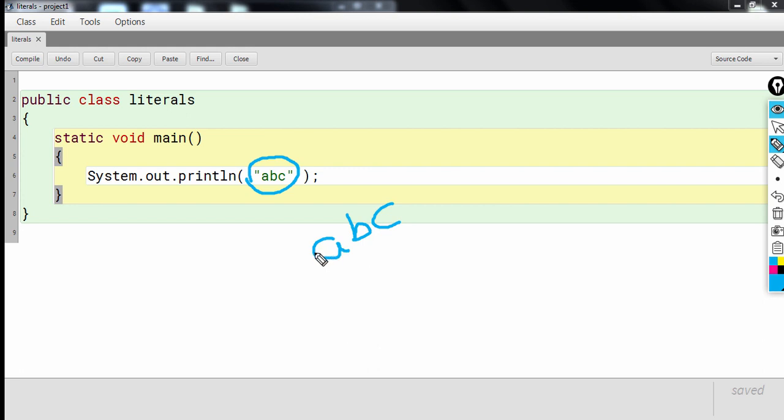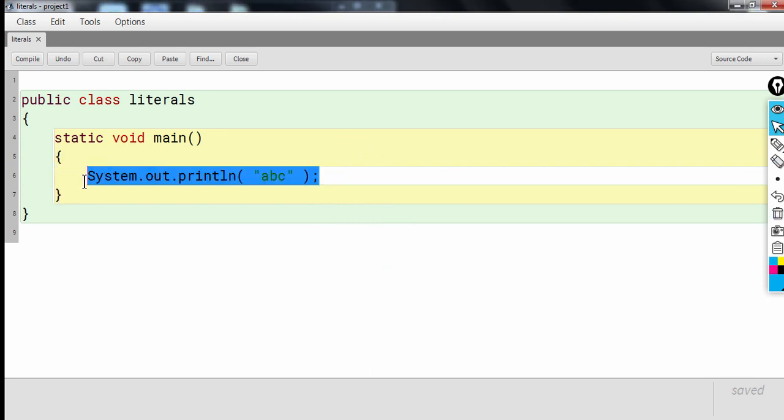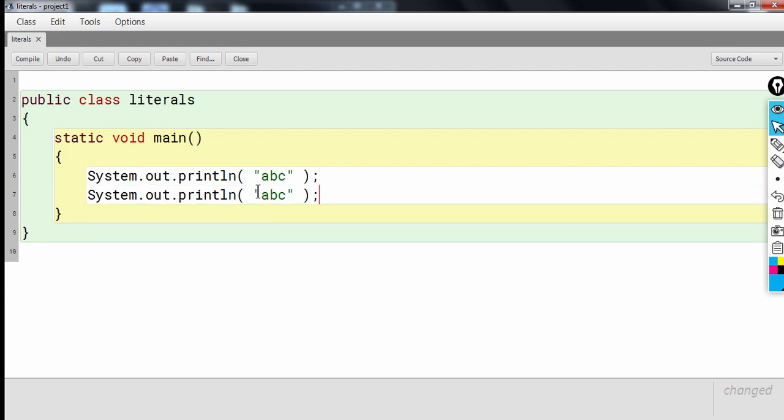So this ABC is not the same as quotations ABC, okay? So what did I just say? ABC written in double quotes is not the same as ABC. ABC in quotes is a string,